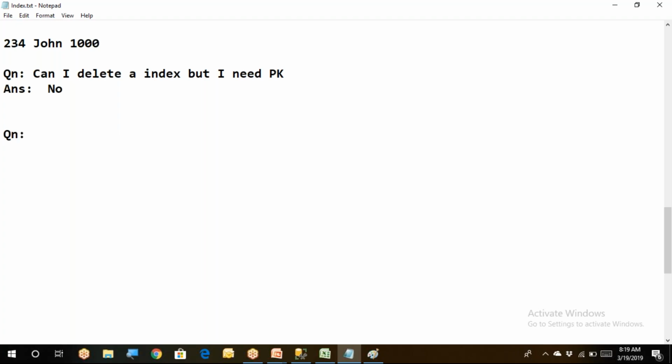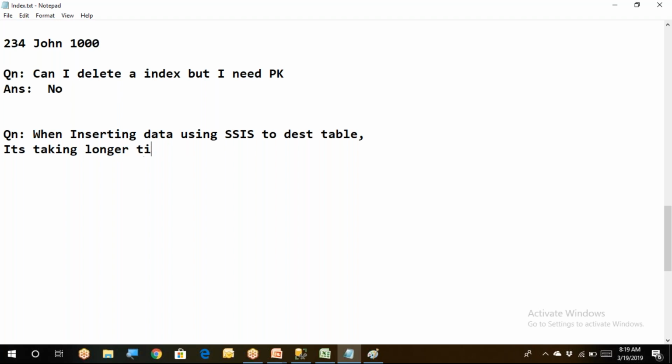Now the next question is, when I'm inserting bulk data using SSIS or any other program to a destination table, it's taking longer time. What should I do? The people will say that it's taking longer time. What is the cause? Why? That is the thing people may ask in the interview. The answer is that you must disable,